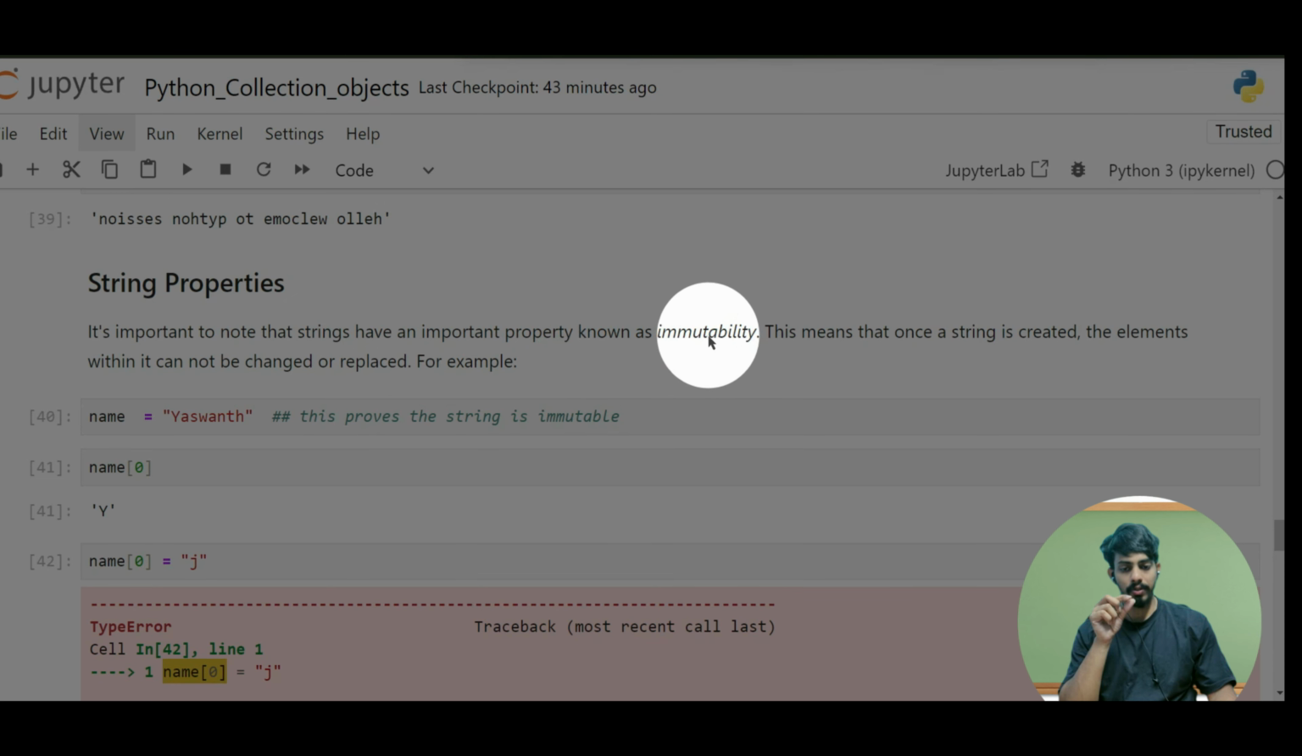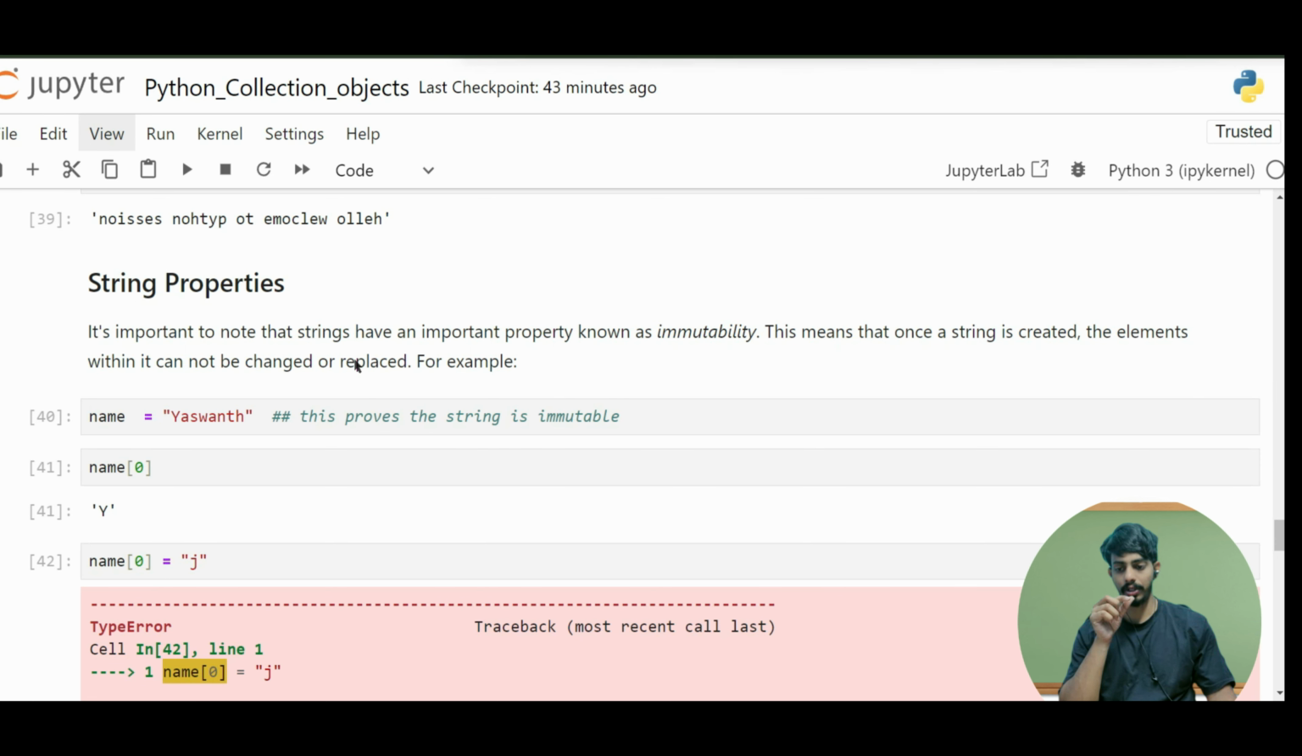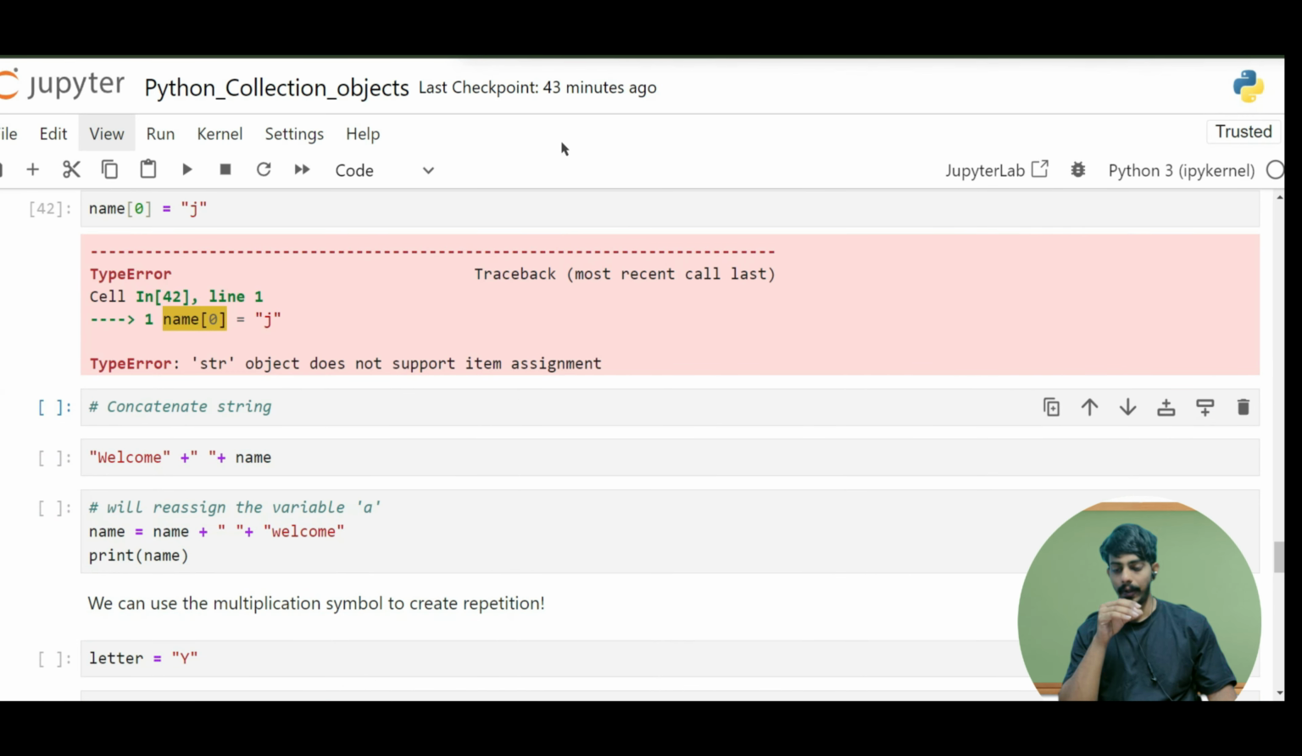Strings have an important property which is known as immutability. This means that once a string is created, the element within it cannot be changed or replaced further. Clear? And the next is